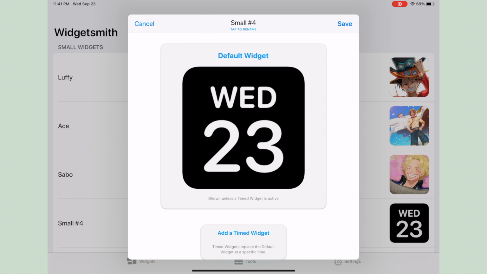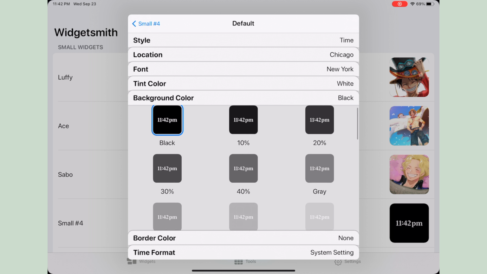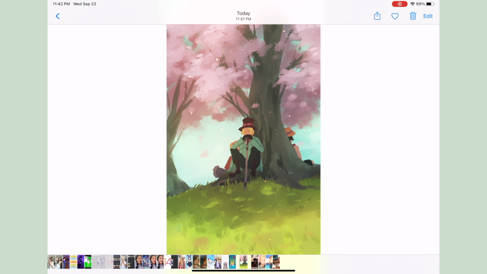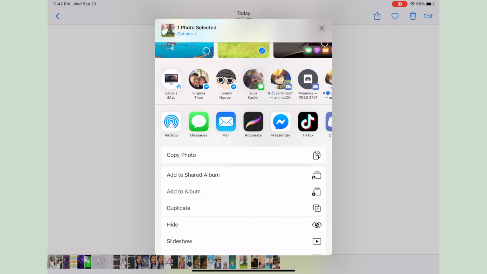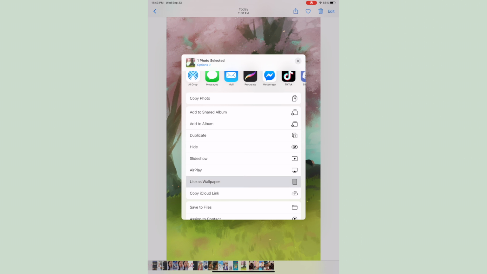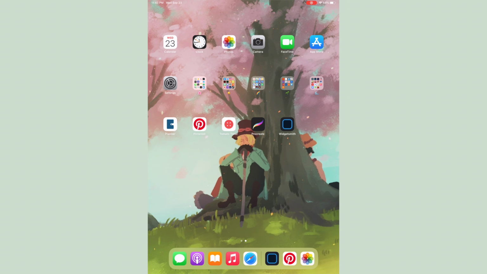Here I knew I wanted to have maybe a time widget or something of the sort, and so I decided to just choose the time. Then now I'm changing the background. I realized that I was on landscape, and so I needed to be on portrait mode, so I did have to turn it around, and then I had to rescale the image, and then I had to once again flip it over to landscape to actually add the widgets.